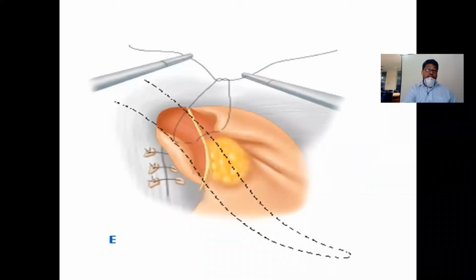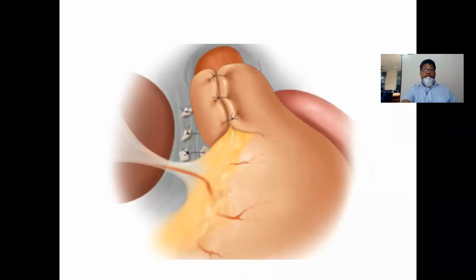And next, the wrap is done while the bougie is inside the esophagus. So both ends of the fundus are sutured around the esophagus. So this is the final picture. This wrapping prevents the escape of the entire stomach into the thorax, and it maintains the length of the abdominal esophagus.